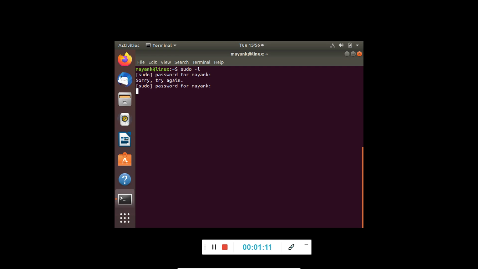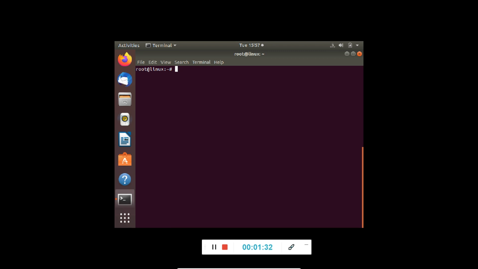It asks again, and again I made a mistake. Let's see. Yes, now the password is correct, and we have entered into root. We have logged in as the root user, that is, the super user.